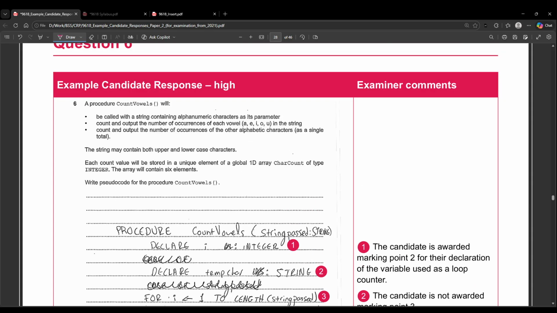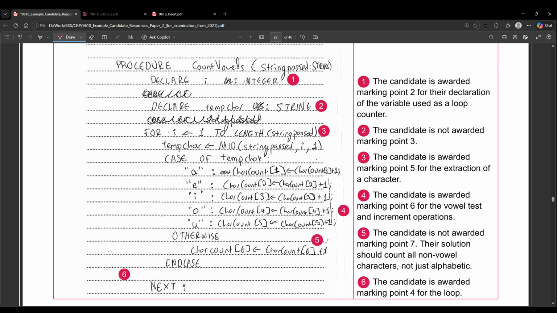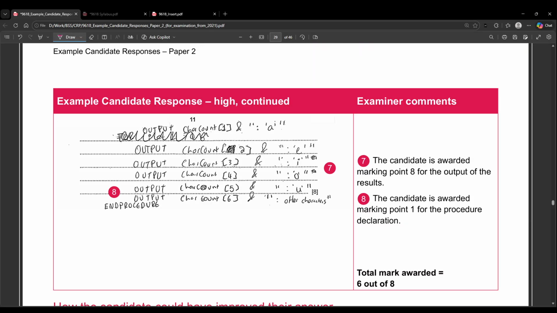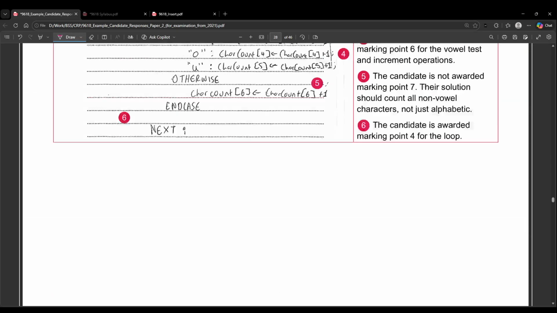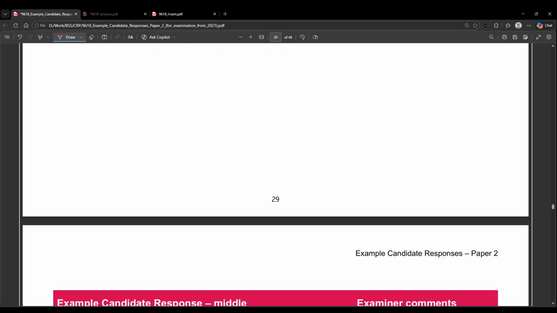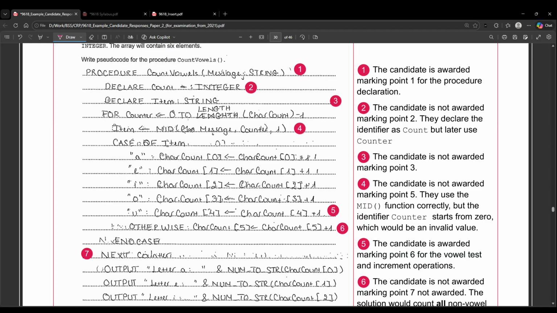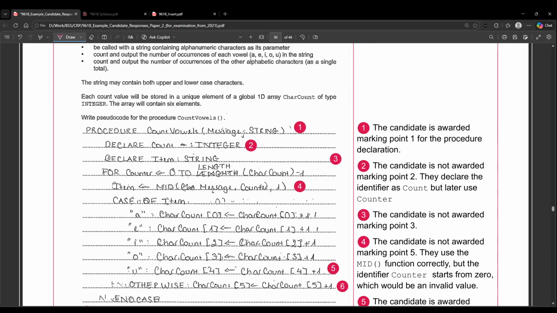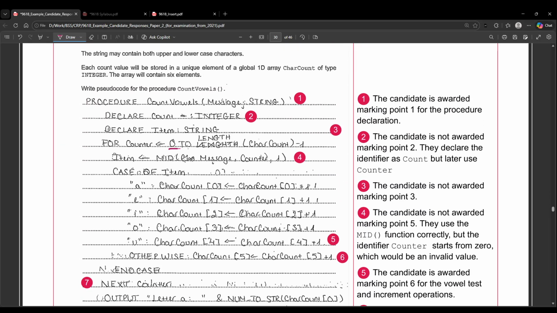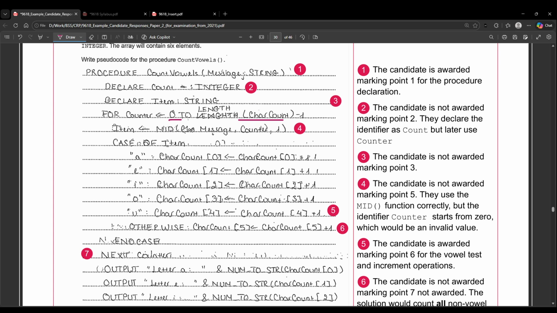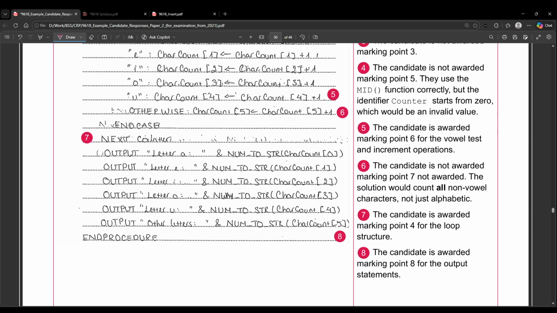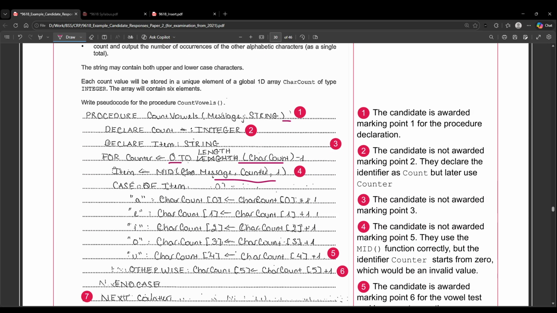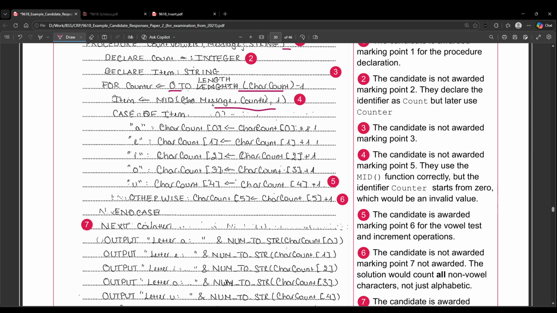Okay, then there's a question that says that you have to count and output the number of each vowel and then other alphabetic characters. So this person got 6 out of 8 marks. So we can just move to the middle one. Okay, they got 4 marks. So let's see. They put a counter. Okay. Then they are extracting one value at a time. All right. They have the correct procedure header. So they're ending it as well. All right. Then